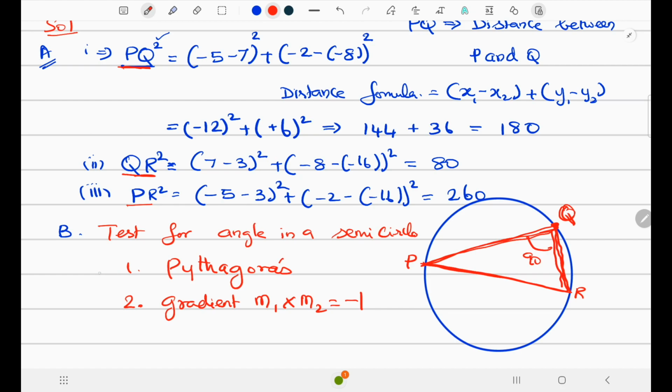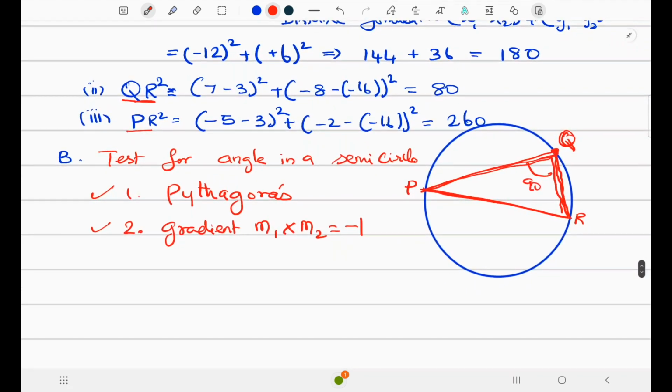If we prove either one, then we can say that the 3 points lie on the circumference, one is the diameter, and the other two lines form a 90 degree angle, perpendicular to each other. Now, what is Pythagoras theorem? Pythagoras theorem states that the hypotenuse,